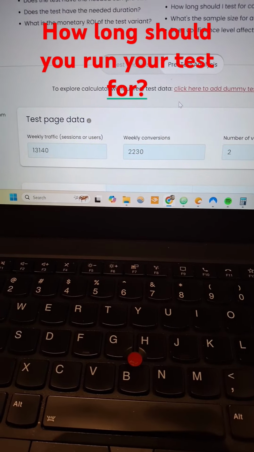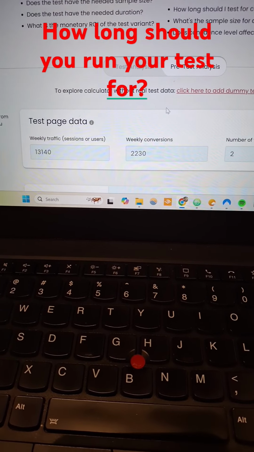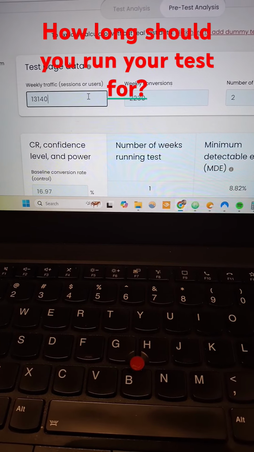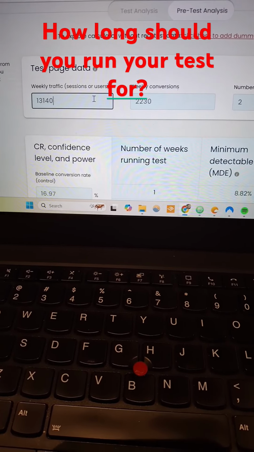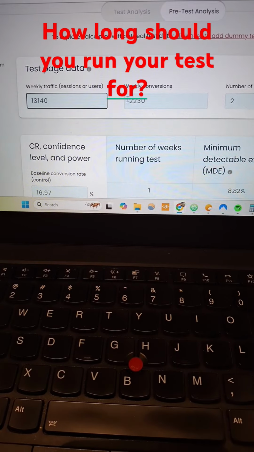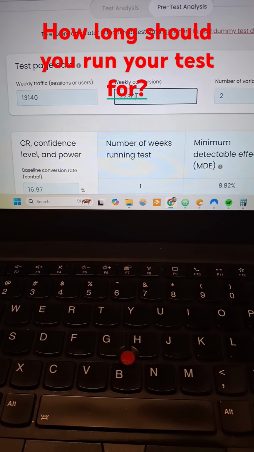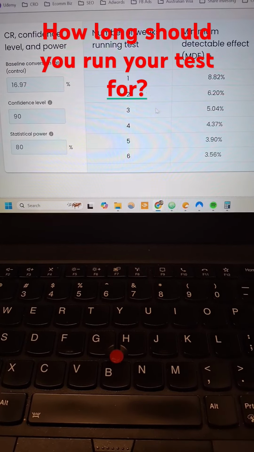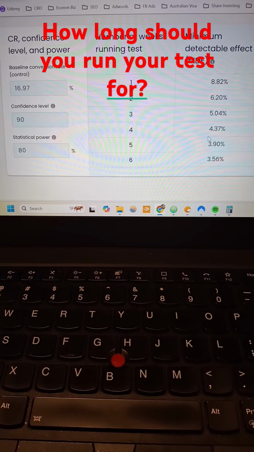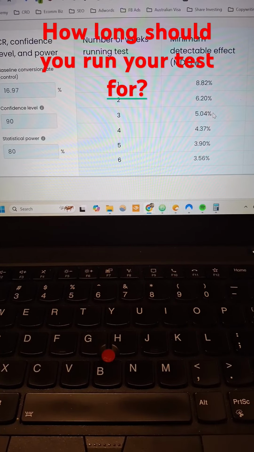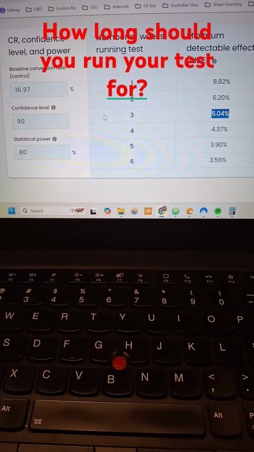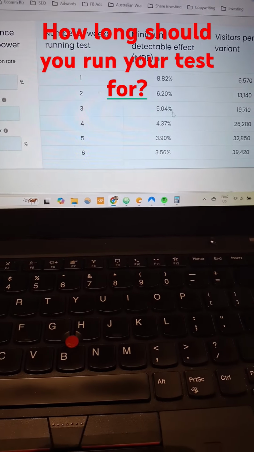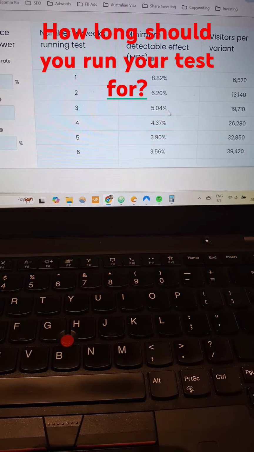Okay, so here we are on the Spiro calculator. Just quickly showing you, let's just say you've got 140 website visitors weekly, you've got 2,230 conversions, and you've got 2 variations. Now, at an MDE of 5%, and that's at a power of 90%, confidence interval 90%, it's telling us to run the test for 3 weeks at